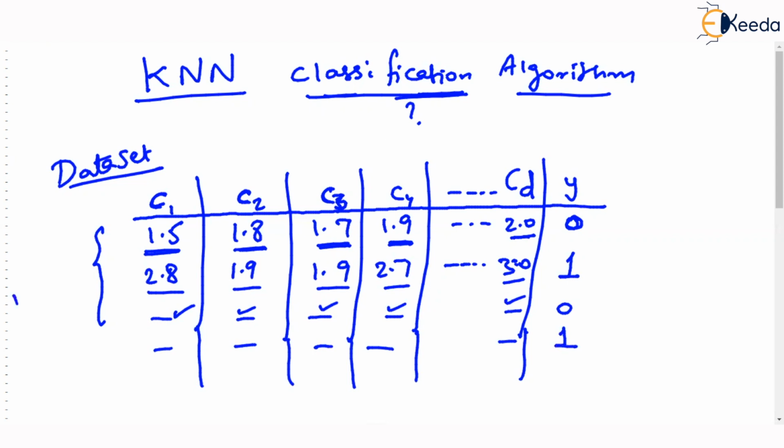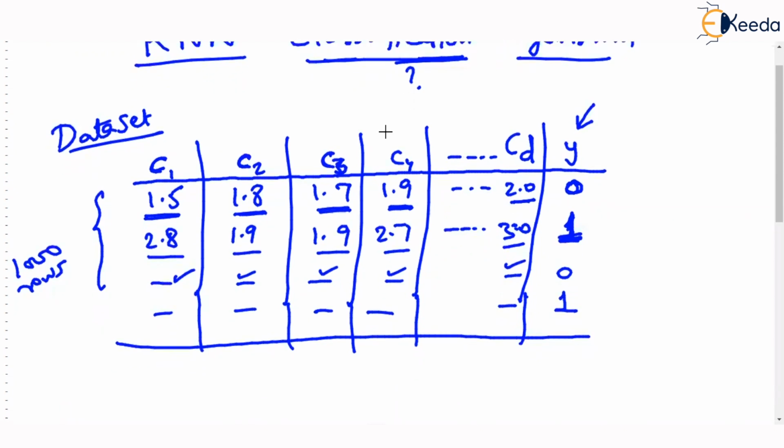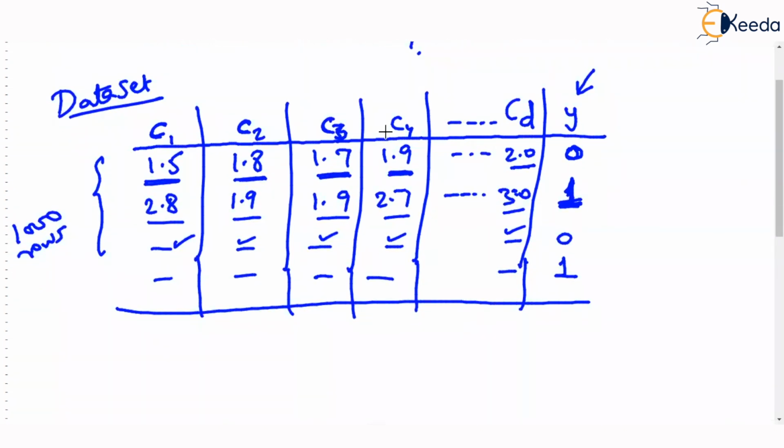So maybe 1,000 rows like this are given. And note, given these D values about the weather, it's already recorded whether it rained on that day or not. So this is authentic information about the weather. Surely it rained on that day. That's why 1 has been written here. Given these parameters about the weather, it really rained on that day. That's why 1.